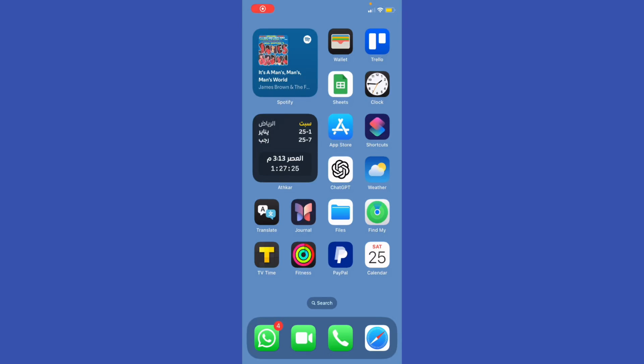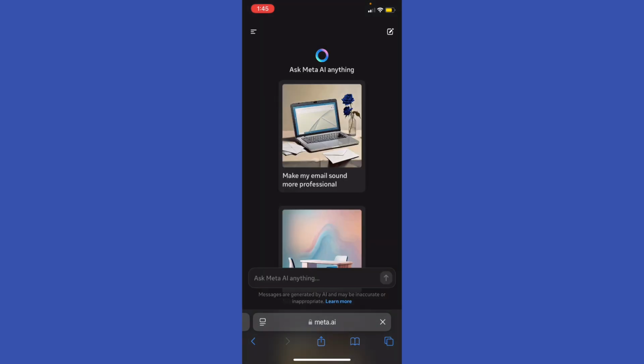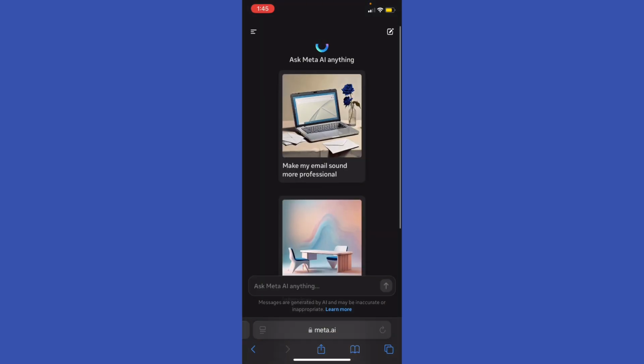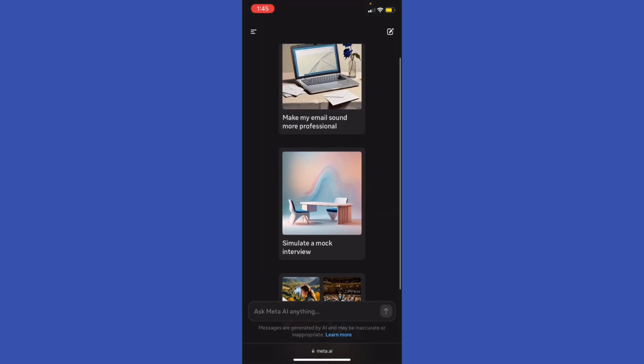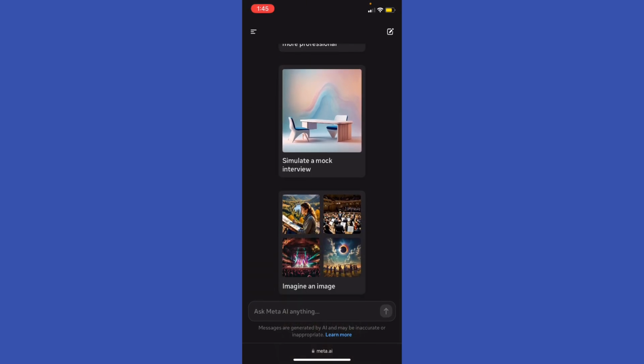How to set up Meta AI. So you have two options. You can go ahead to your browser and just type Meta AI and you can access Meta AI, or the Meta Artificial Intelligence, and you can ask it to make my email sound more professional. You can simulate a mock interview, and generate an image, or whatever that might mean to you, and you can